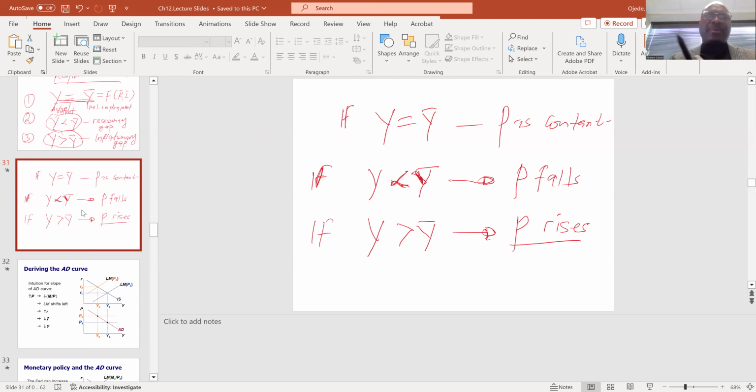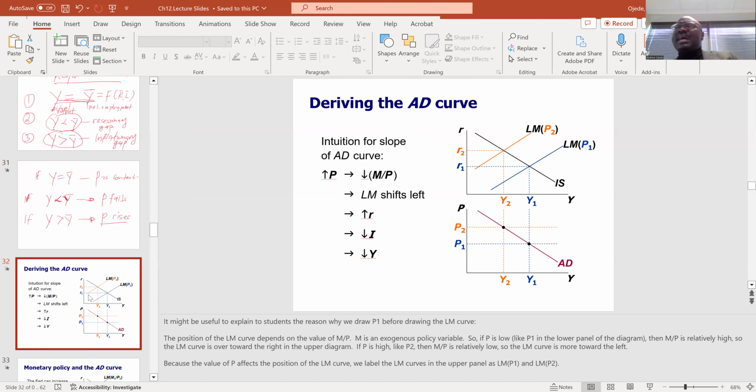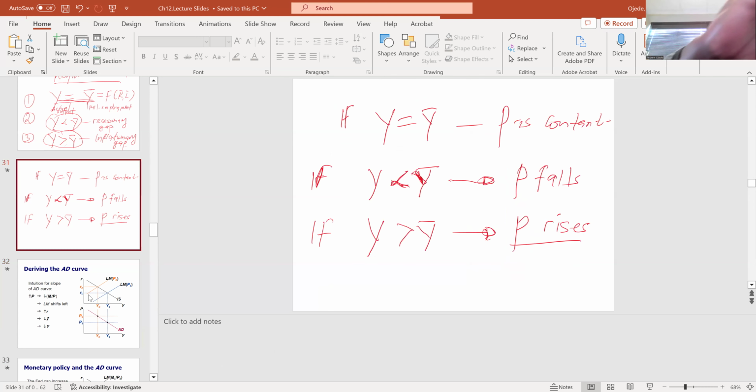So now let's talk about how we can derive the aggregate demand curve from the ISLM, because I told you earlier on that the aggregate demand, aggregate supply model is a watered down version of the ISLM. Now, when we talked about shifting the LM curve earlier on, we were assuming that the economy was in the short run where price was sticky, price was fixed, we held price constant. So the only thing that was shifting the LM curve was when the Federal Reserve would increase the money supply, because remember, the LM curve